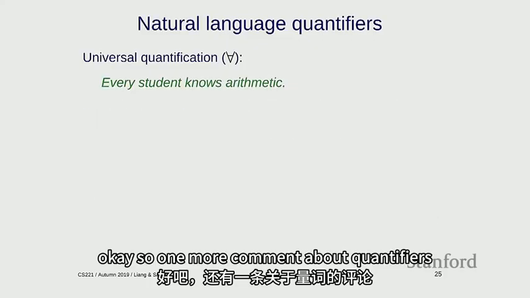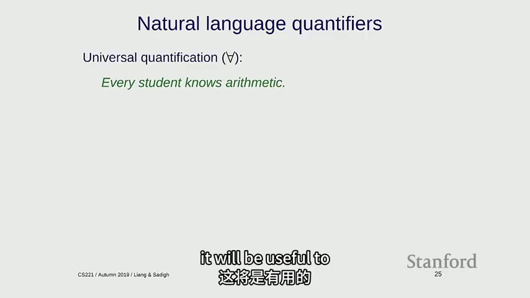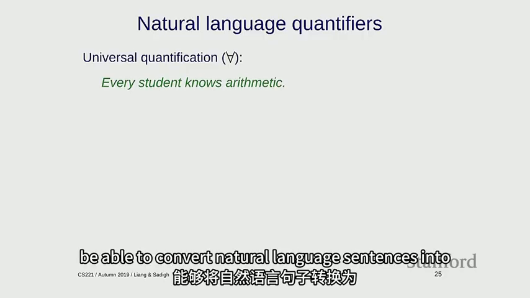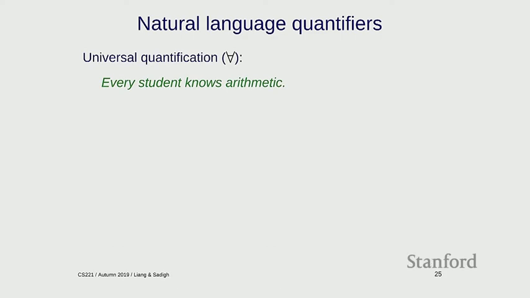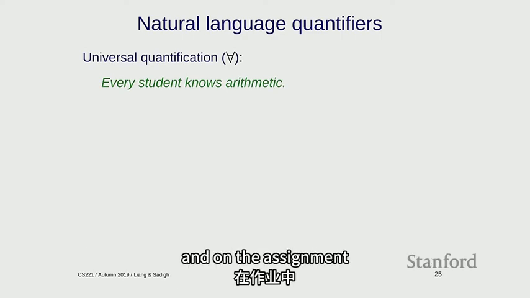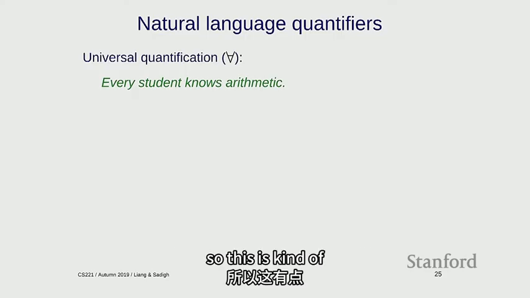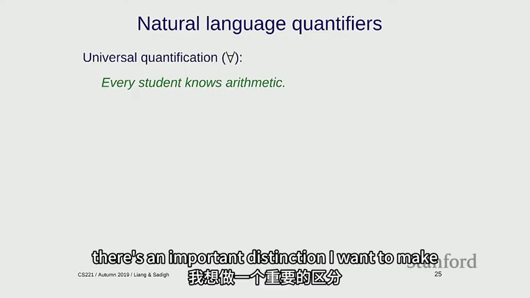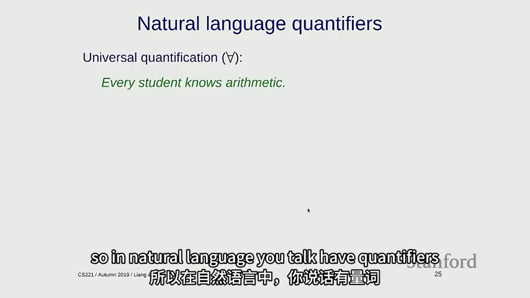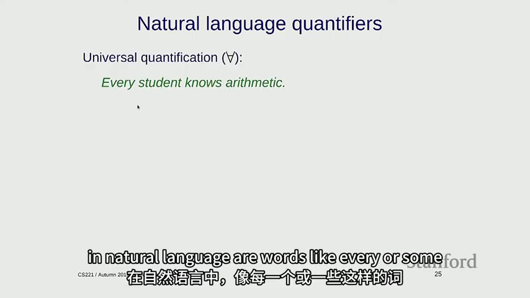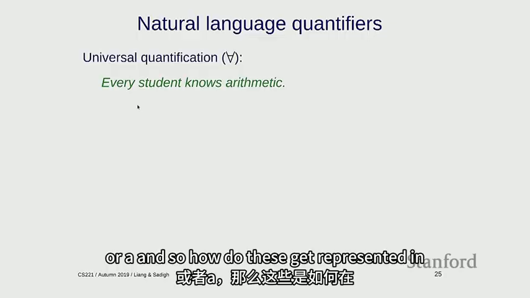Okay, so one more comment about quantifiers. It will be useful to be able to convert natural language sentences into first-order logic, and on the assignment, you're going to do a bunch of this. But there's an important distinction I want to make. In natural language, quantifiers are words like every or some or a. And so how do these get represented